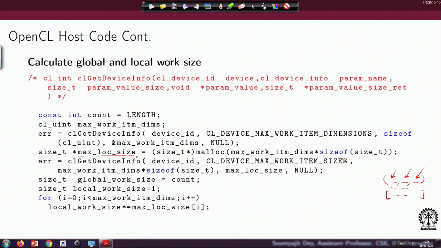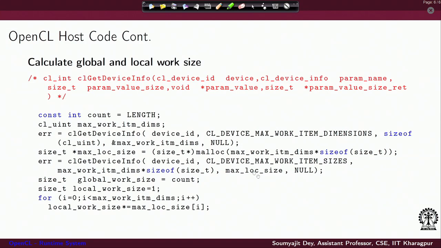That is why now the return will not be to a single pointer, but to an array, right. Earlier the return value was returned through a single pointer to a single position. Now it has to be a set of values that is to be written. So that's why the return type has now changed. As you can see, you are expecting this max local size to be filled up, right.